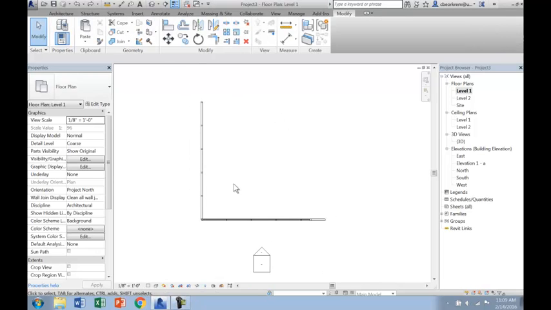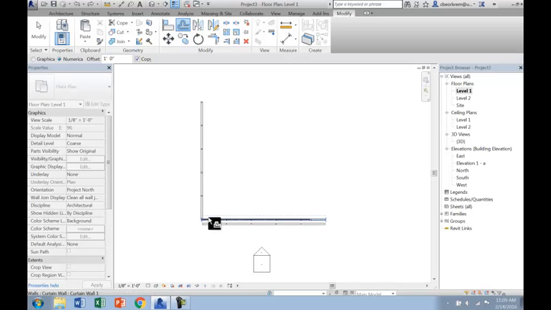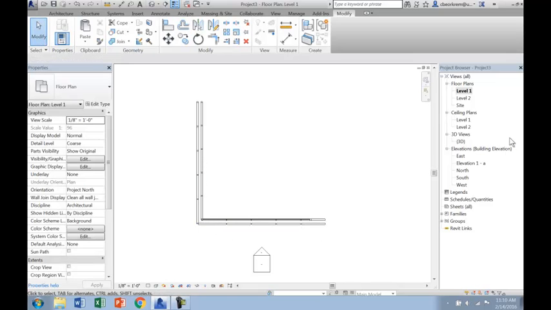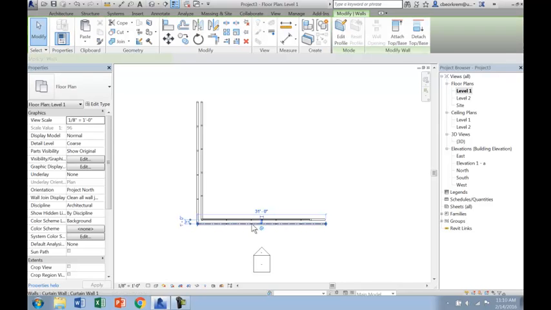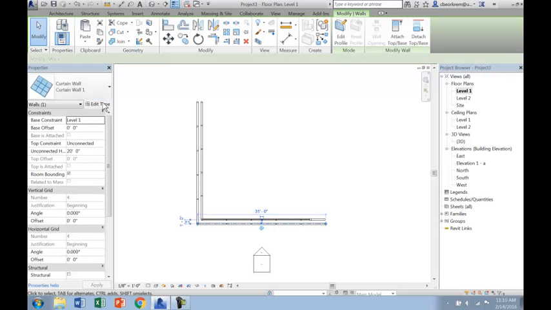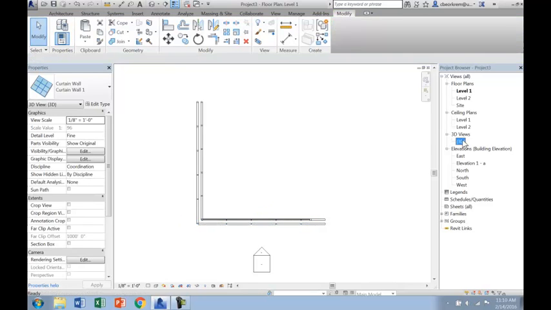So here in the plan view now, what I want to do is just offset these two walls. I'm going to offset them 1 foot, so you can see up here I've got that defined as 1 foot. And you can see how it automatically kind of finishes and connects them to one another. And now I am going to go in and get rid of the existing grid system that's on here. So in 3D,